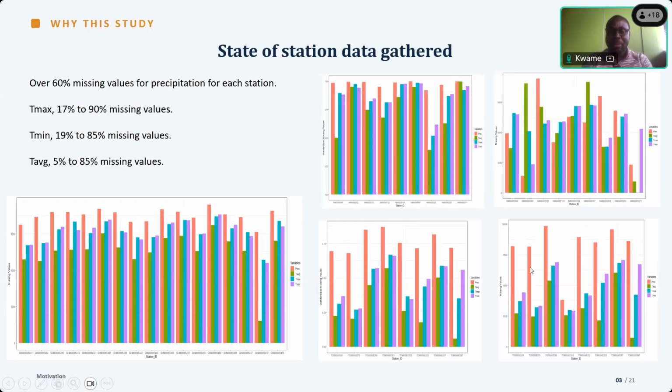Looking at this type of data, it becomes difficult to evaluate models with such data, even though we had the goal of taking them through the data quality control process, homogenization, and eventually filling the gaps. With such an amount of data missing, even doing interpolations to fill the gaps was difficult. So in the long run, I had to drop that search. However, the work needs to be continued.